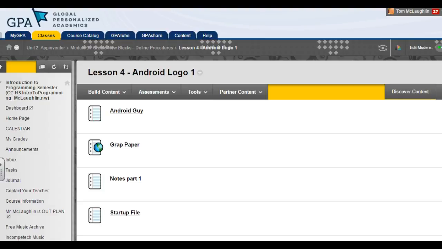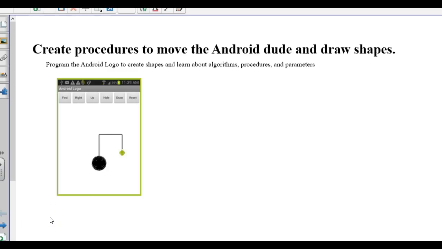So this is Unit 2, Module 3, Lesson 4, Android Logo 1. In this lesson, what we're really going to do is talk about the concept of algorithms. The code for most of this program is already written, so you're really not adding a whole lot of code. You're adding steps. Now, I don't know about you, but you might have heard about a little program called Logo,